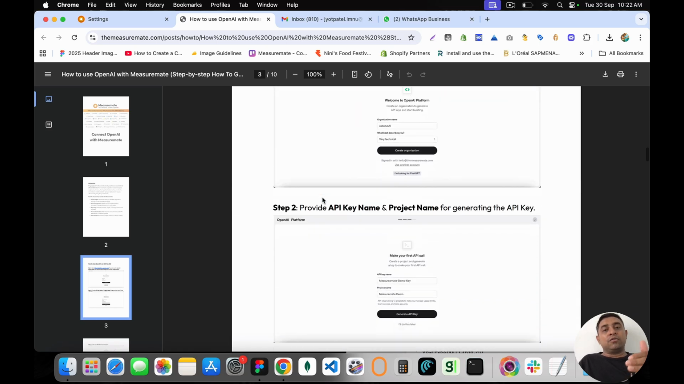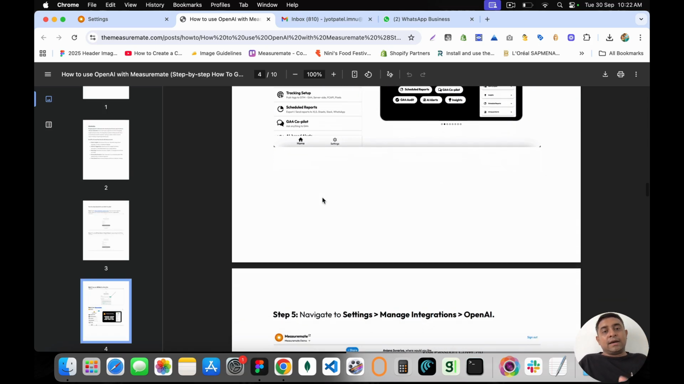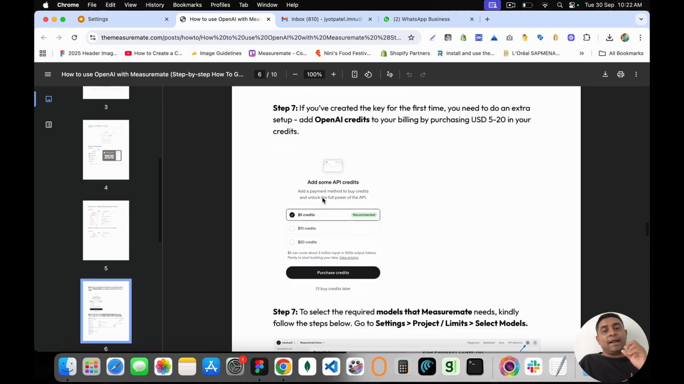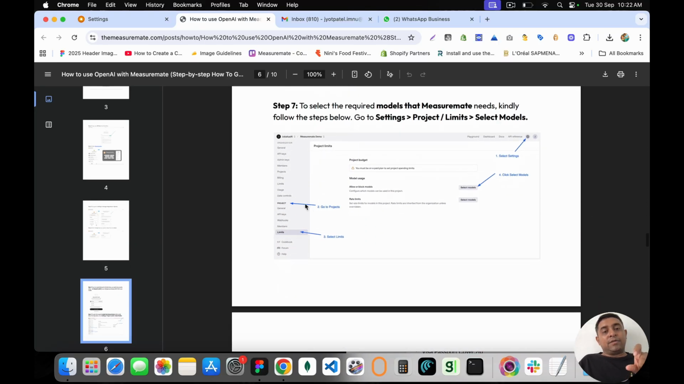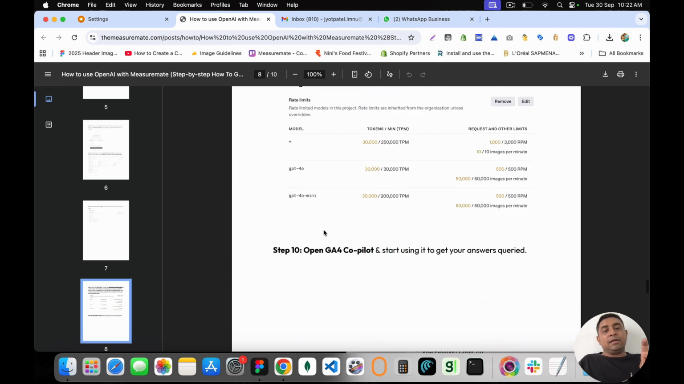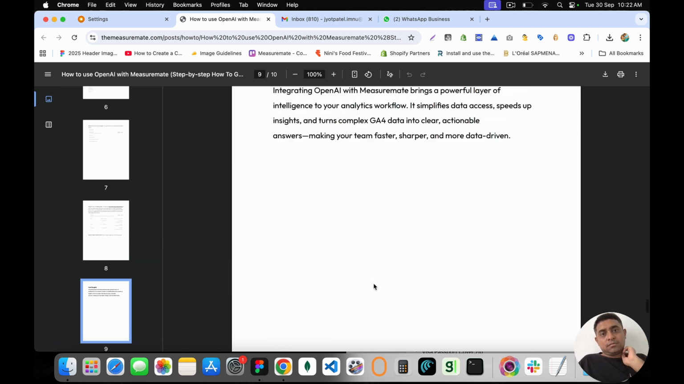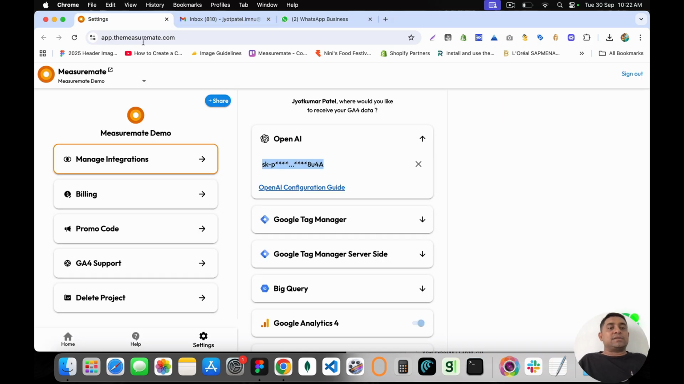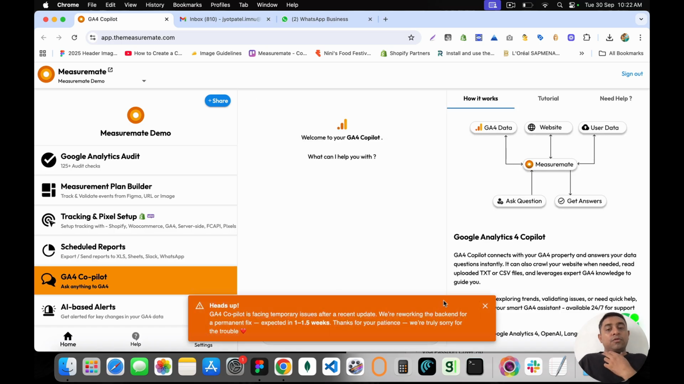which guides you how to create your API key, how to copy the key, how to add this key to Measuremate, and how to also configure your API key, right, after adding certain balance, how to configure what kind of models to enable, and ultimately what rate limits to change. And yeah, it's a step-by-step guide to configure your key, so do follow that guide to not face any issues